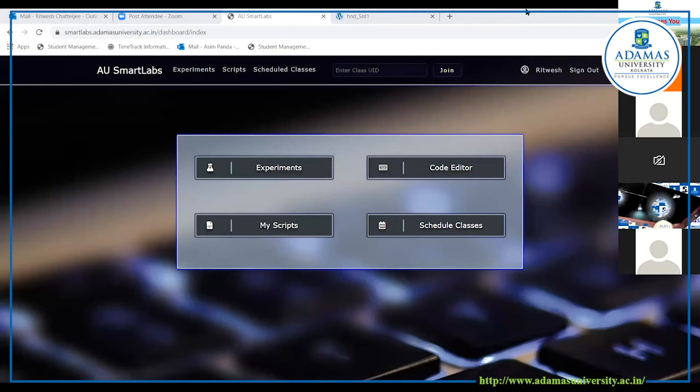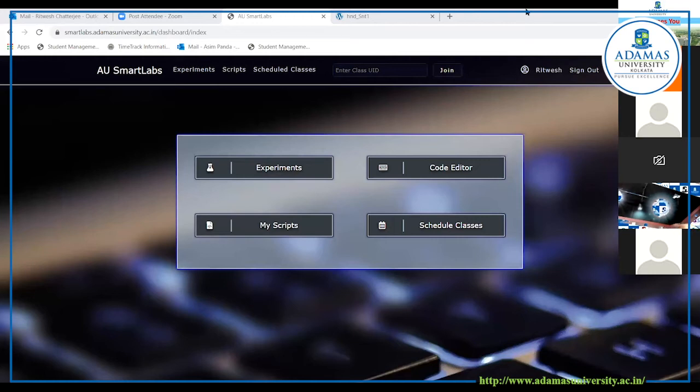So if you cannot log in using them right now for TCS iON, please ignore the issues because those accounts have been disabled. And you will get your permanent TCS iON IDs, your personalized TCS iON IDs that you would be using for the next few years during your stay at Adamas University.